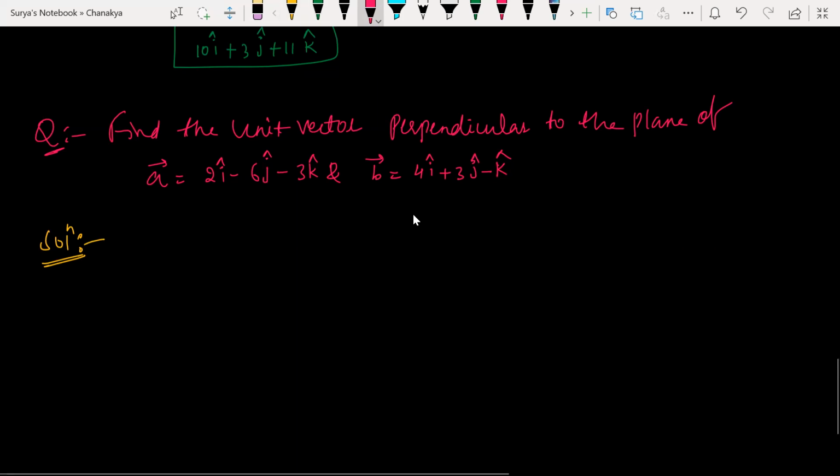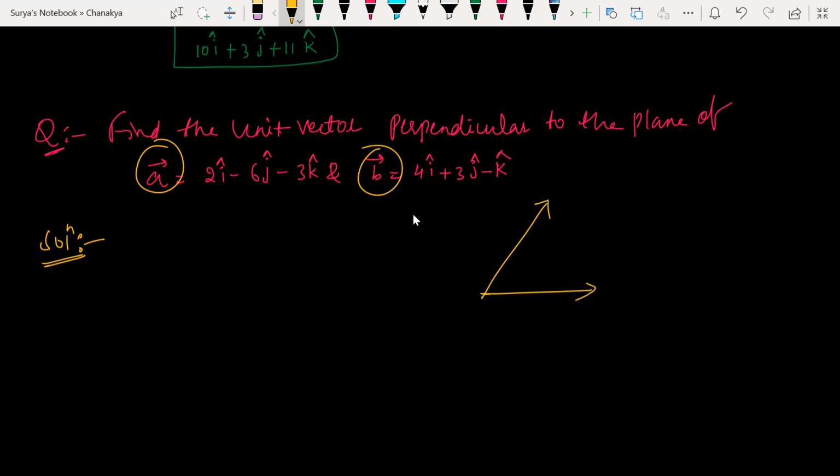Guys, look at this here. Try to understand the question here. There are two vectors, A vector and B vector, two vectors in a plane. Let's say this is my A vector, this is my B vector. If from this point I give one more vector, you can visualize this, guys. This green color vector is standing here, vertical on that, not horizontal. It is standing on this point. Are you able to imagine what I'm trying to say here?